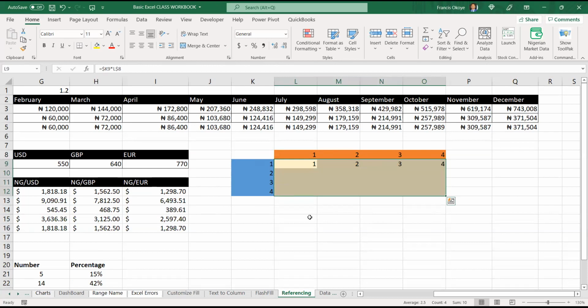Is this correct? Yes, sir. You understand the logic behind it now? Yes, sir. So that is your mixed referencing.